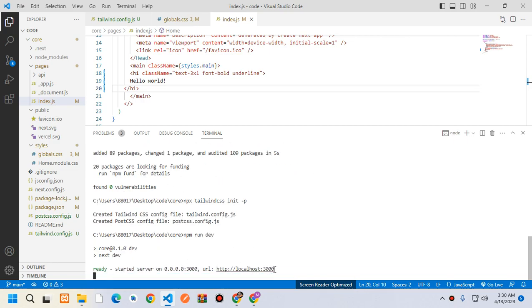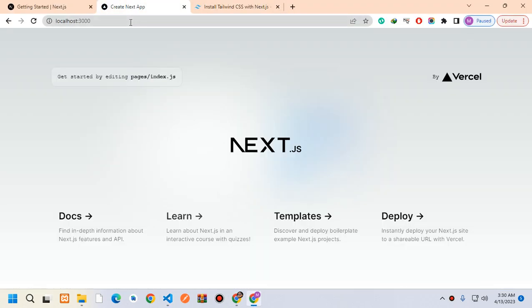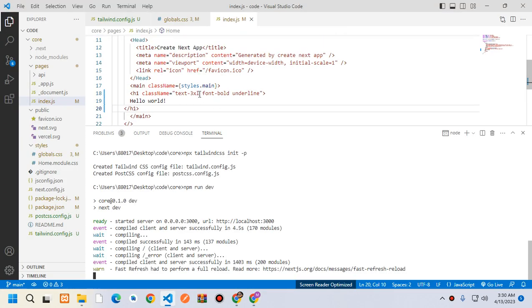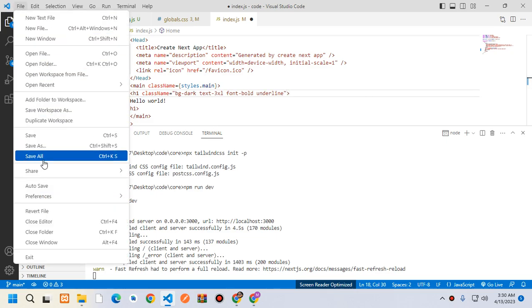After that we should copy this and just paste here, and then we should see our successfully installed page, hello world. Okay, we can give something here, page dark, click save,